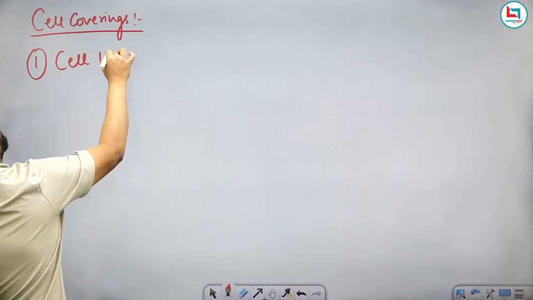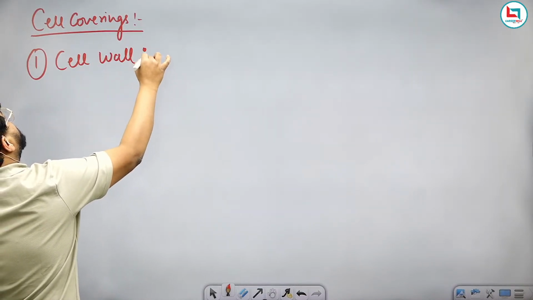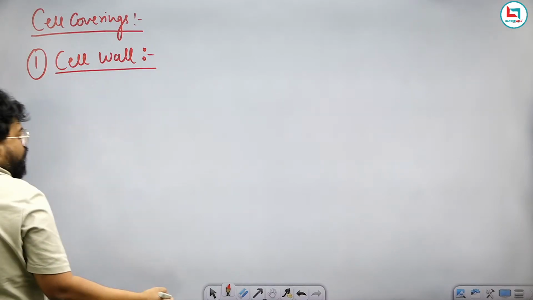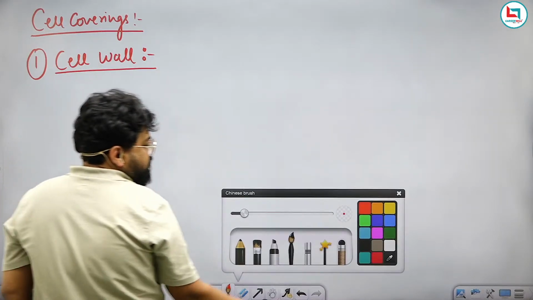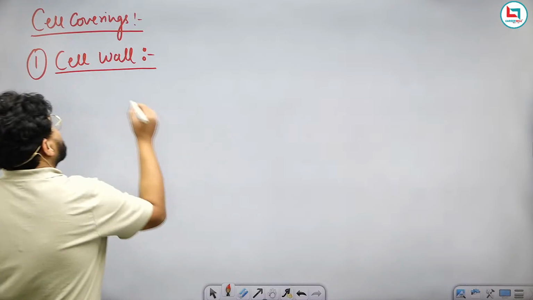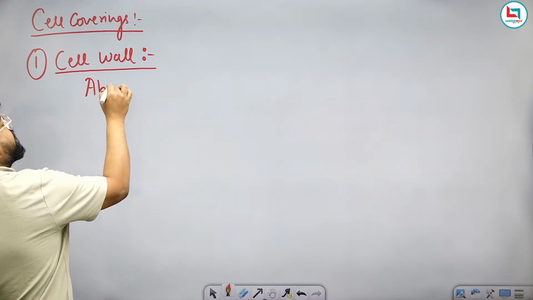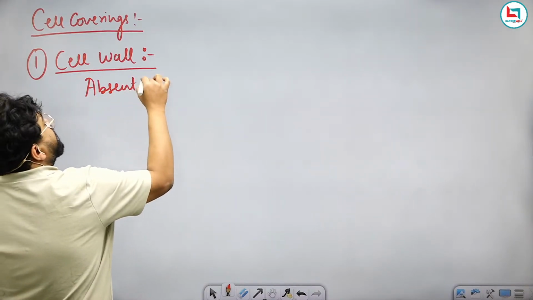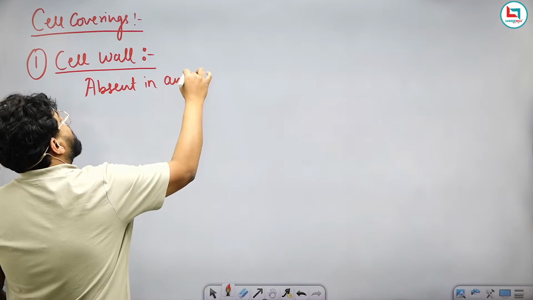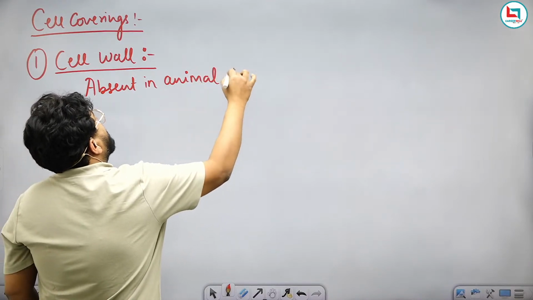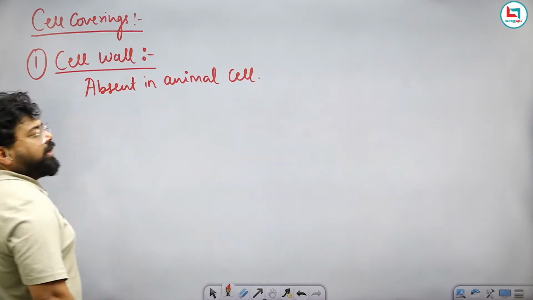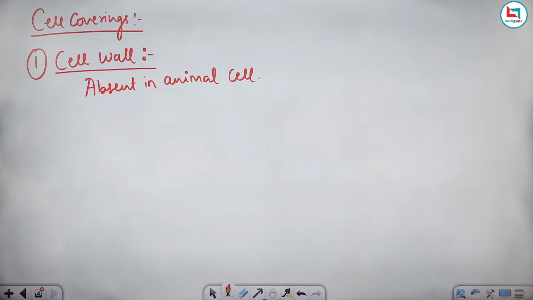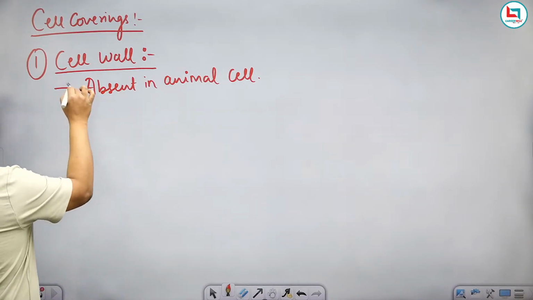One is the cell wall. The cell wall is a structure which is basically absent in animal cells. We do not find it in animal cells, but the cell wall is the outermost covering of